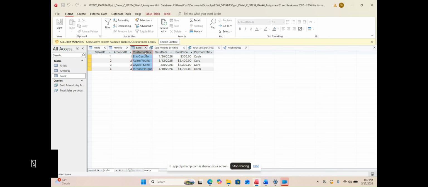The customer name field stores the customer's name. The sale date field stores the date of the sale. The sale price field stores the final amount paid. And the payment method field stores how a customer paid, such as card or cash. In my sample data, my customers include Jordan Marquez, Crystal Kane, Adam Young, and Eric Castillo. The payment methods include card or cash. This table helps Gallery 1 avoid payment mistakes because all sales information is stored in one organized place instead of being scattered across